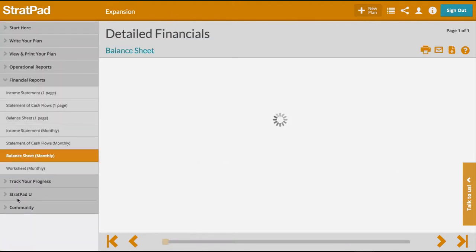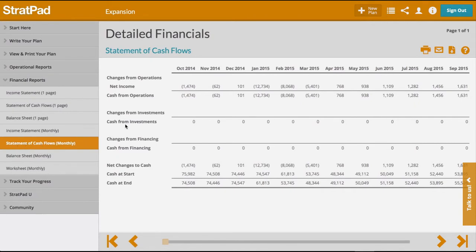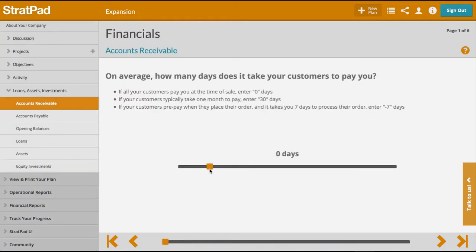in your financial reports, under your statement of cash flows, you'll see that there will be no change related to accounts receivable. Now let me come back to this because that may not be very clear. Let's go back to write your plan and let's move this up to 30 days. In other words, let's assume that your customers on average will pay you 30 days later,